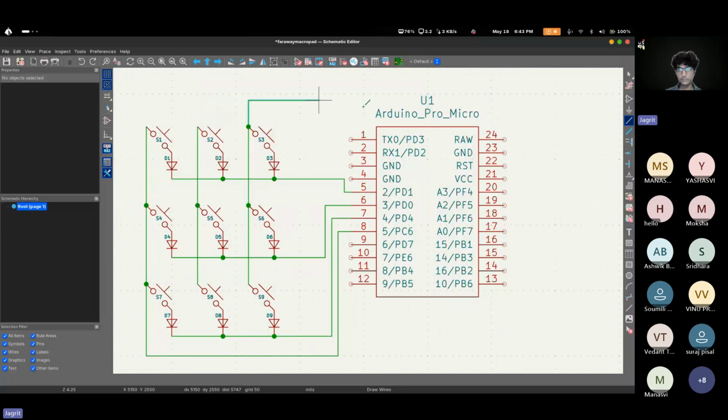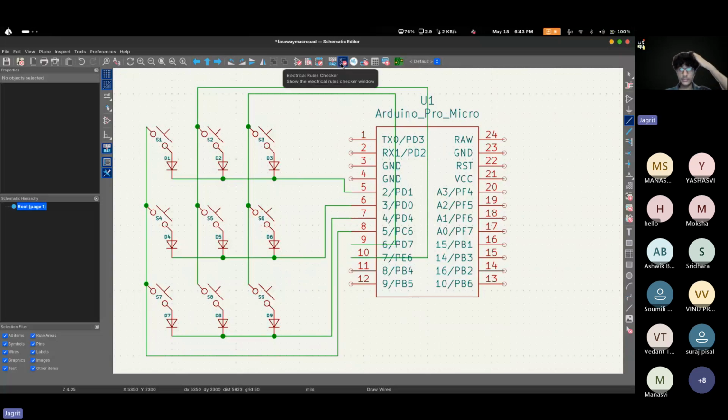So I'm connecting column number 3 first. Then column number 2. We are connected. So your work is not done here. There is electrical rule checking. Then there is a thing called